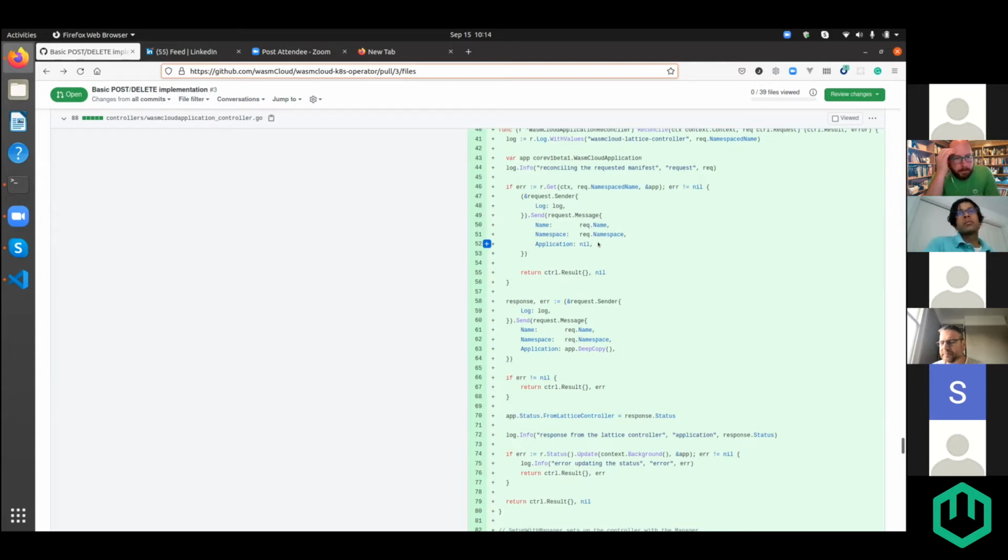So, I've been working on other stuff, so I haven't been able to publish or write down anything, but in my head, the spec for the wire protocol for the lattice controller is essentially going to be, there will be a topic for a .put, and that's where the YAML goes for creating an application.